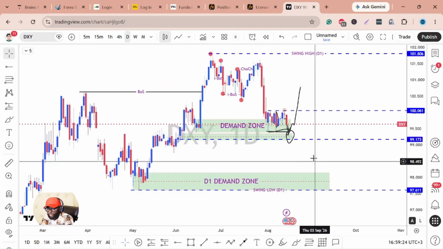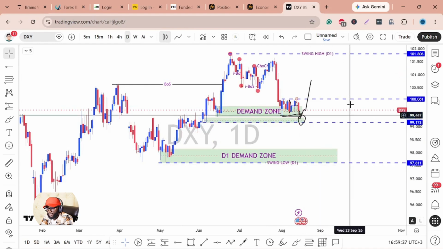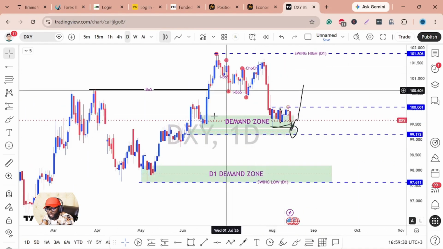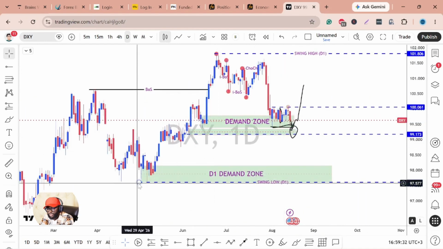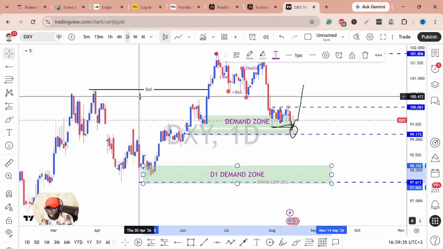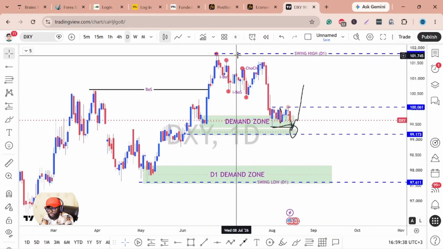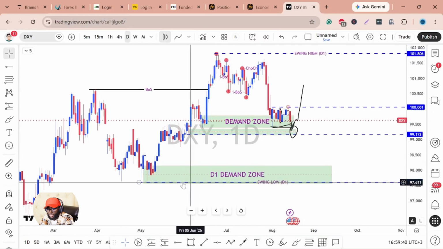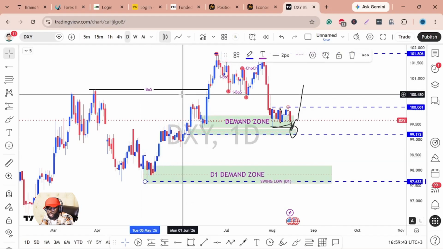And what can you see on the extreme, this trending range that we have from the daily? Why am I calling this the daily trading range? It's because this is a swing low that caused this break of structure. So this is the highest price point that DXY got, and this is the lowest point before that break of structure.